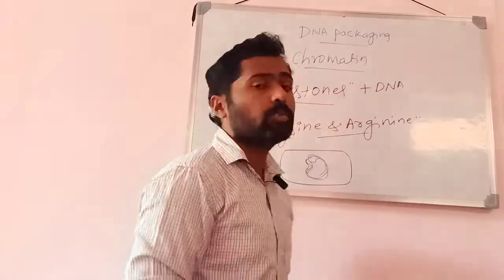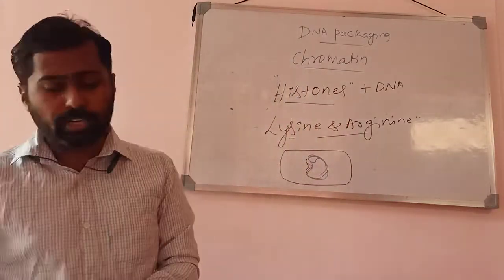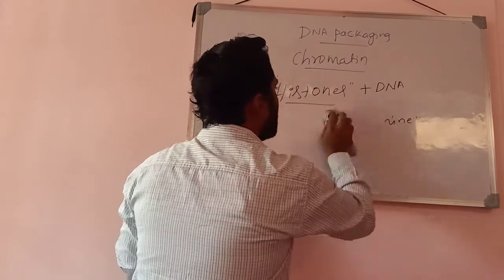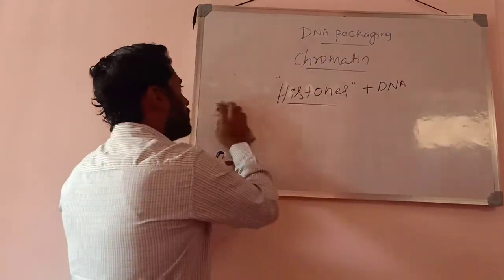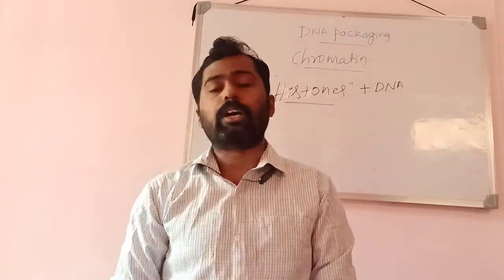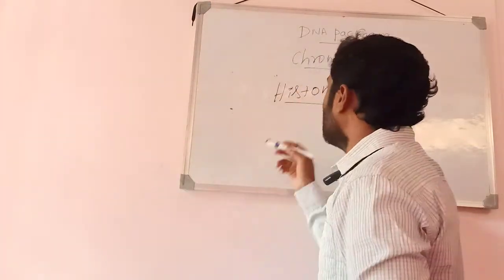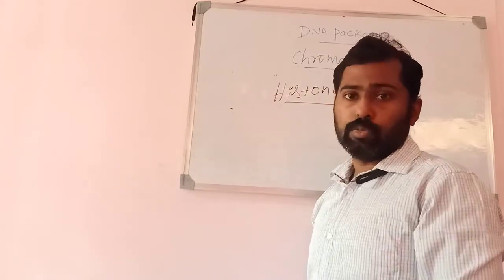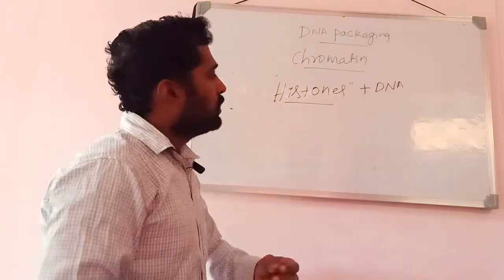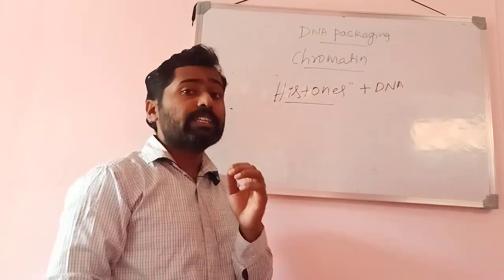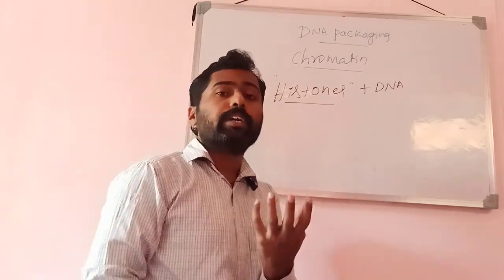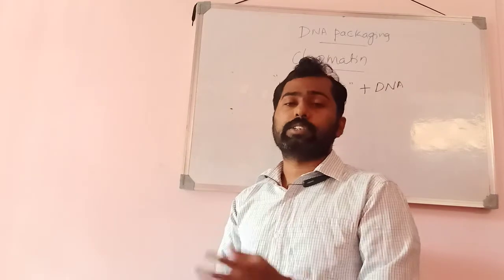Okay, so then what happens in eukaryotes? See, eukaryotes possess chromosomes and chromatids, and mainly the chromatid formation takes place by means of histones. See, the negatively charged DNA molecule, the acidic DNA molecule, wraps or coils over the histone proteins and forms a chromatin, okay, or chromatid. Further condensation of the chromatin leads to the formation of chromosomes, which you can clearly see in the metaphase stage of cell division, isn't it?